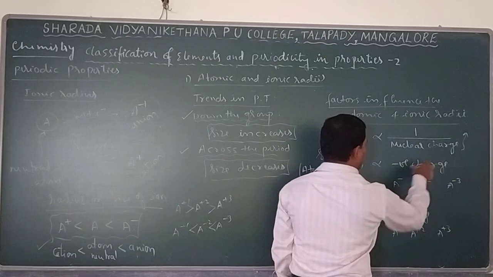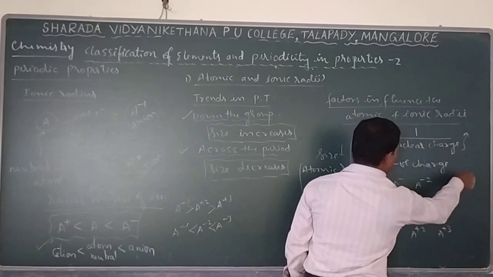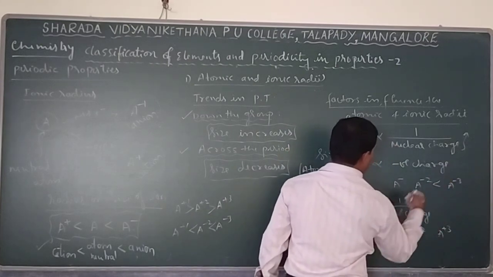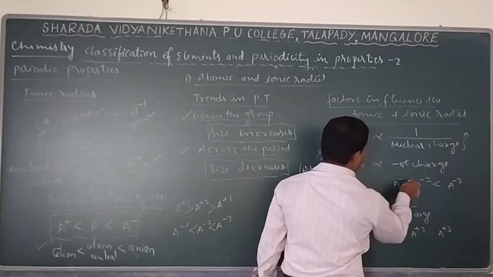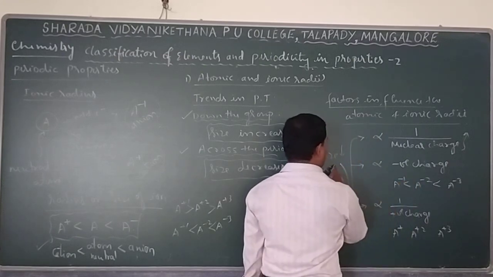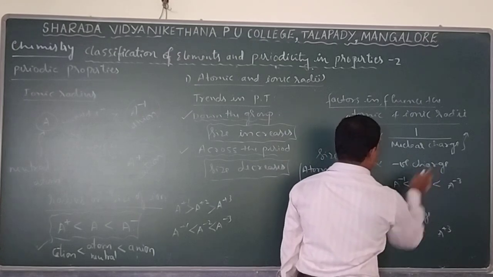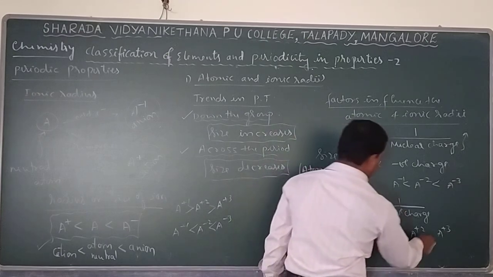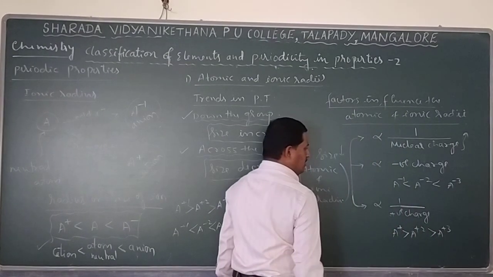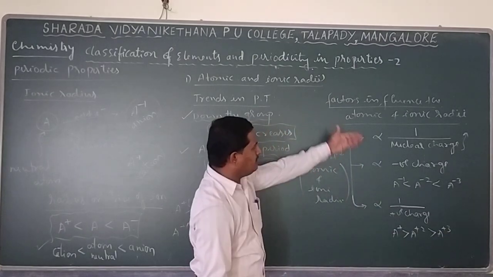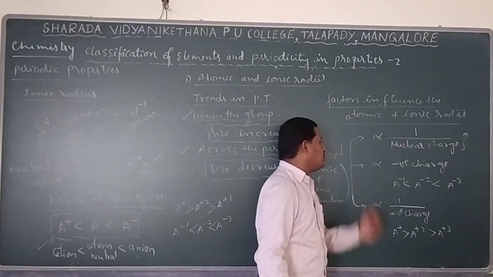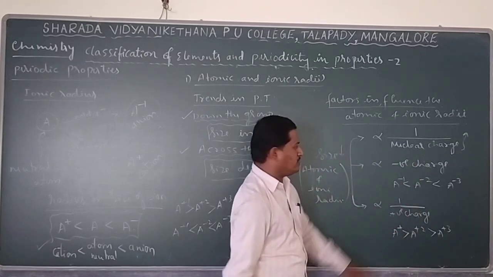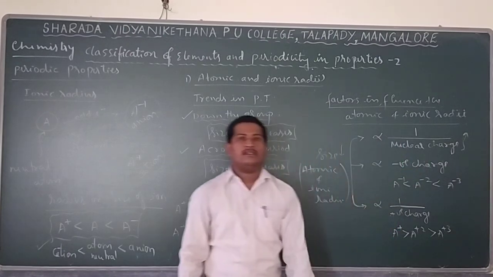And if you go for the anion, as the charge of the anion increases, size goes on increasing, as I already said. So -3 is bigger in size, whereas -1 is smaller in size. So size is directly proportional to negative charge. Whereas for the positive charge, again inversely proportional. Greater the positive charge, smaller the size. So +1 charge is bigger, whereas +3 charge is going to be smaller. So these are the factors. It depends on nuclear charge, inversely proportional. It depends on the negative charge, directly proportional, and on the positive charge, inversely proportional.